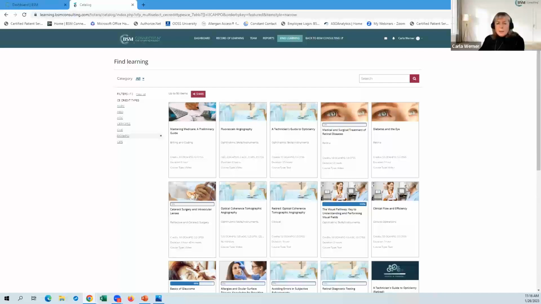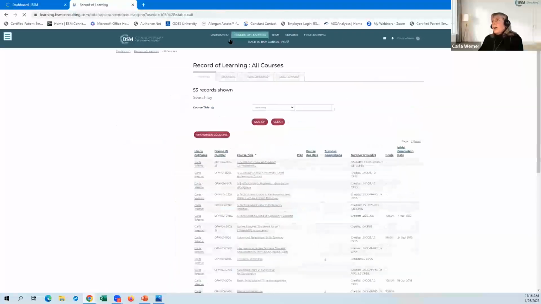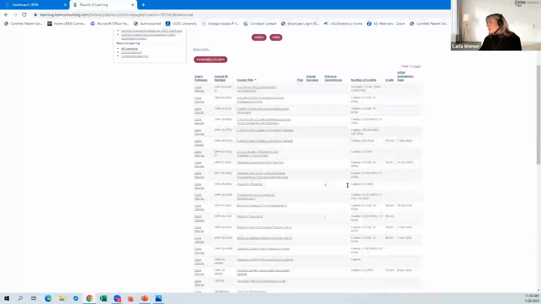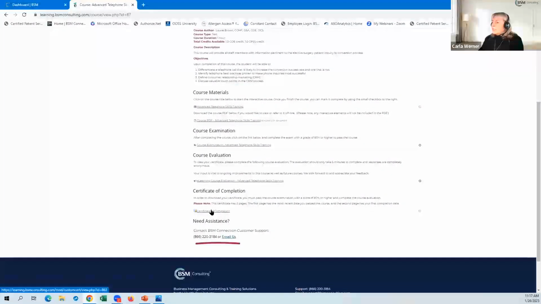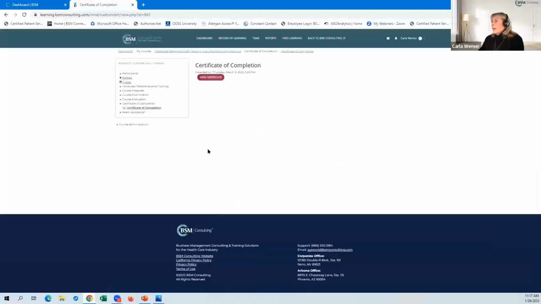So Melissa asked about printing a certificate for a course that's been archived. Any course that you've taken should be under your record of learning, and this depends on a specific circumstance, but the typical circumstance would be that any course that you've completed, or even that we migrated over, should be under here. You can see based on these completion dates, this one was completed. If I scroll down here, you can see I have a link to certificate of completion. I can click here and then view that certificate, and it should give me the most, either the